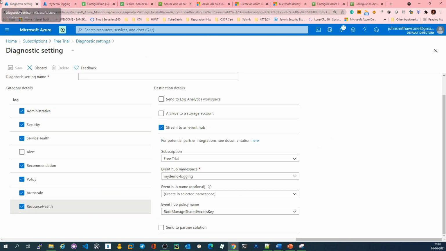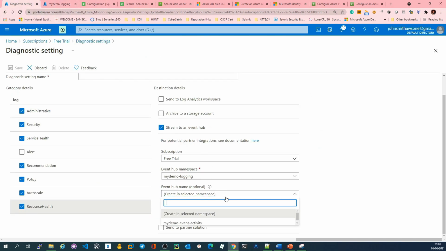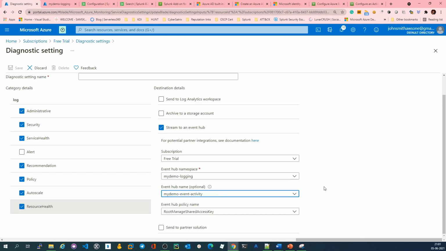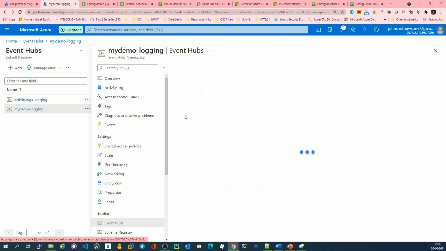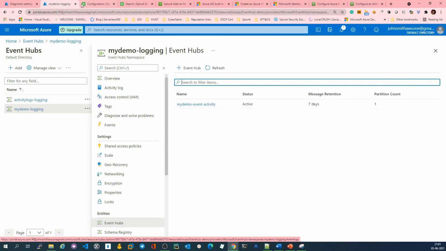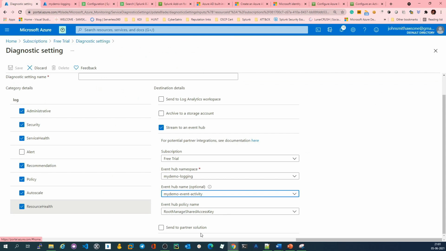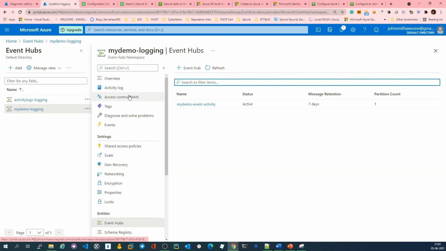So I'll go to my diagnostic setting, my demo logging, and then my demo event activity is my hub name. You can quickly check it here, event hubs, and my demo event activity. It is asking for the policy name through which you want to pull the data from the event hub.